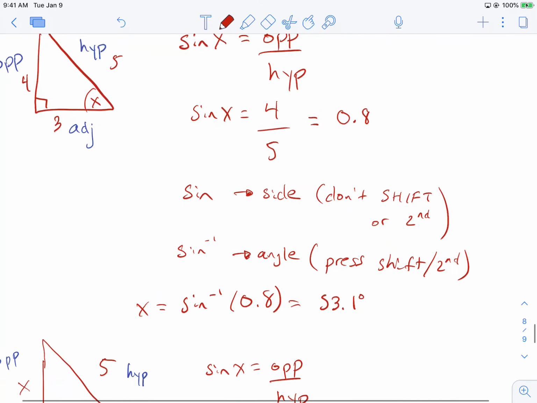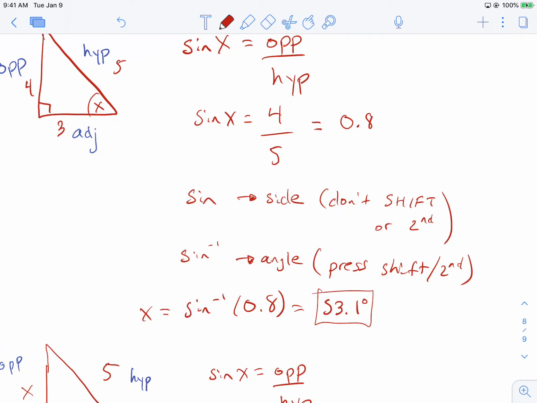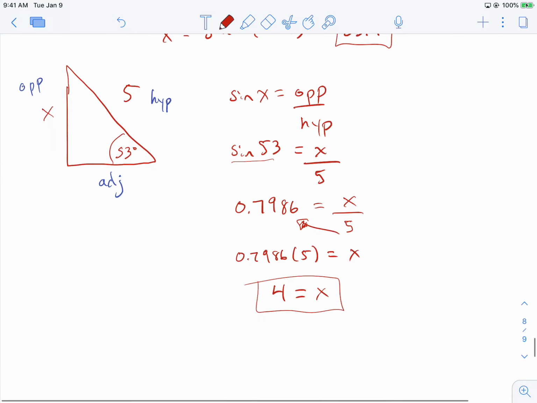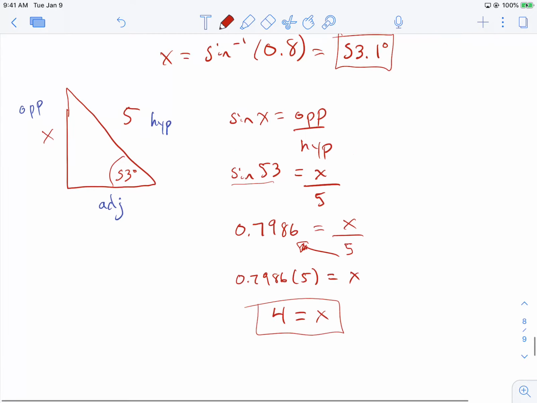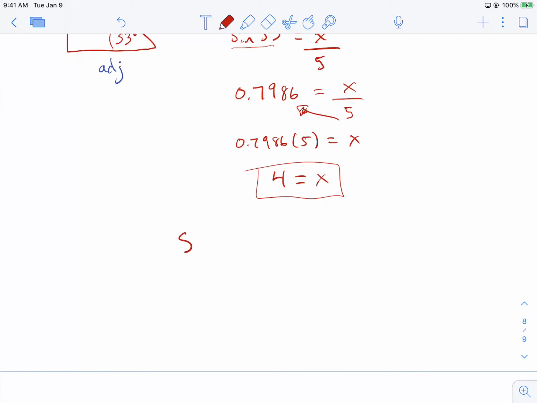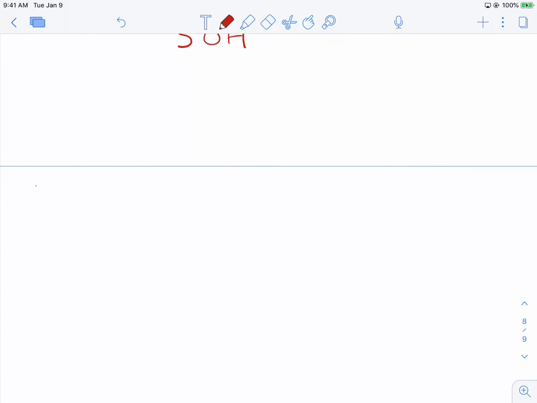So here we solved for the angle and we used sine -1. Here we solved for the side. So that's a little bit about how to use sine, and we're going to see a whole lot more examples of that. So sine, we know sine is good for opposite and hypotenuse. So it's called the SO. Next, we will move on to